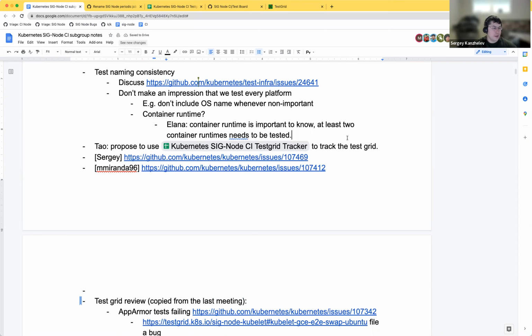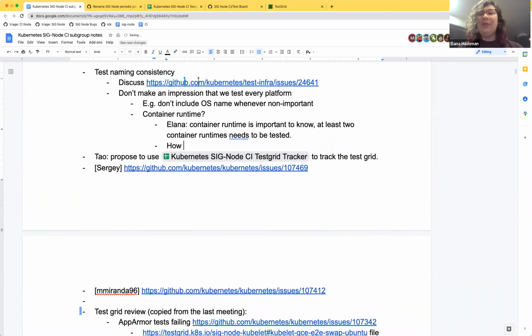My only reservation is, if we have two, then what do we do about CRI Docker-D? Do we need to test it as an open source community, or does it need to be tested separately? That's almost certainly not in our purview, right? In theory, they could get a bucket, add the bucket to the test grid config, and put test results into the bucket, and then our test grid will display them, but we're not responsible for running those tests. Those are the responsibility of the downstream project.